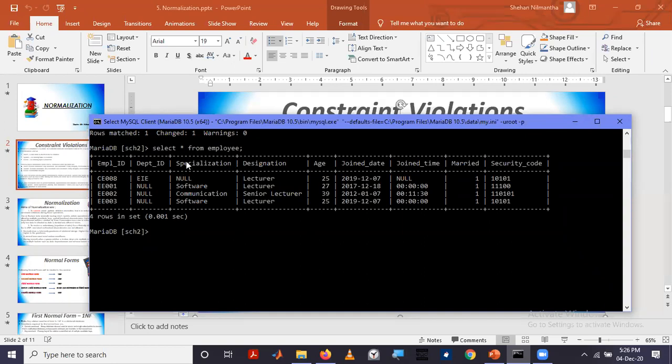So if there is a transitive dependency, we break this one and bring it to another table and make this one the primary key. Then that constraint will not be violated, because it is an entity integrity constraint.